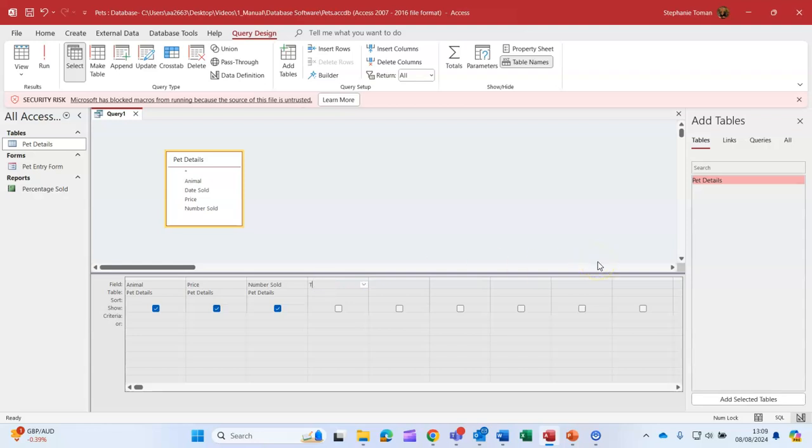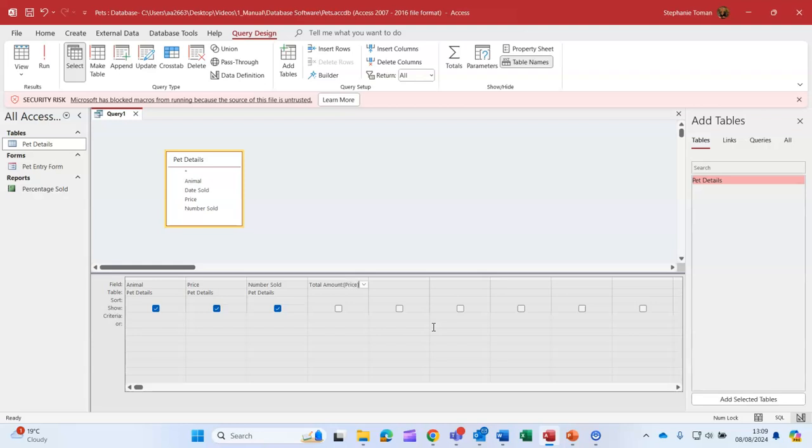So we're going to start with total amount. This calculation is going to look at the total amount for each type of the pet that was sold. So what we have is we have our title, make sure I put the T on the end, then a colon, so that separates it from the actual calculation. We use square brackets for a field, so we do our calculation field by field that's available within the database. So we do our square brackets, and then we're going to do the price,